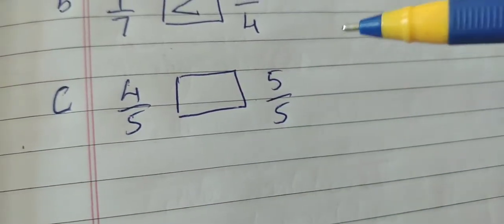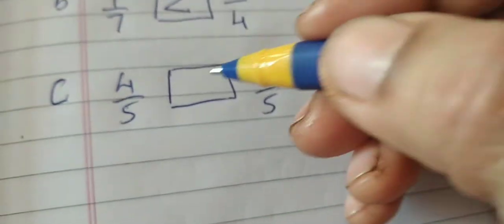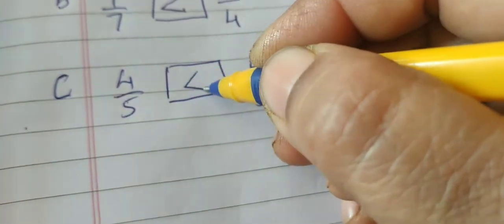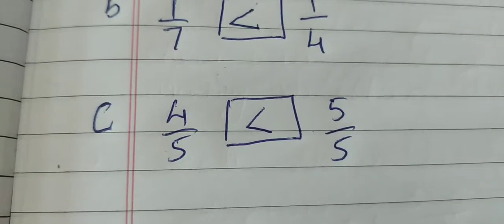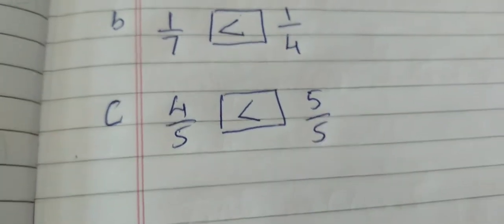Denominators are same as usual. 5 is greater than 4. So 5 upon 5 is bigger than 4 by 5. And the last one. Here 3 upon 5,